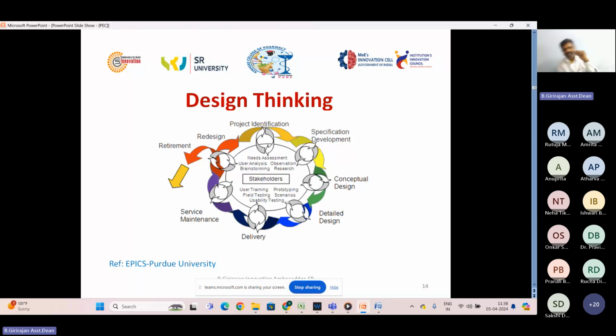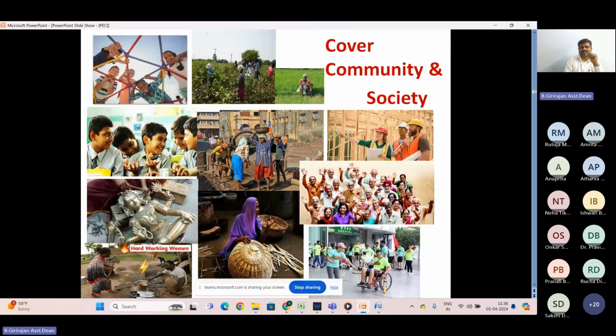So you can think about the community and society, where it can be an engineering solution, or a solution from the medical field, doctors, pharmaceutical or physiotherapist, whatever domain you are in. It is not stuck to one particular set of students like engineering or arts or medical students.